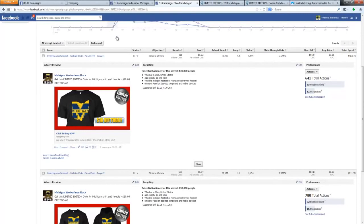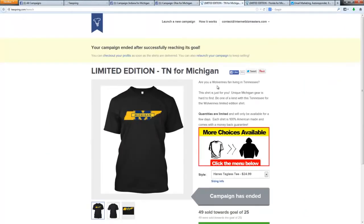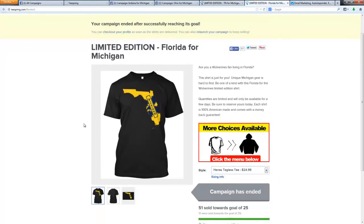I went down the line, did as many states as I could that were very large population or hot. Tennessee, this is our sales page, very simple. Are you a Wolverines fan living in Tennessee? This shirt is for you. Then we gave them the options. They can buy hoodies, women's, long sleeve, the whole deal. Florida from Michigan, same thing. And we saw the success we had there in our first